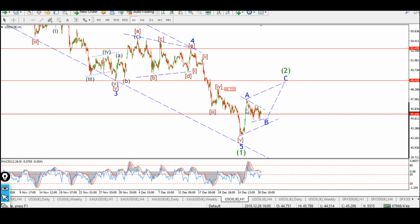So for now, we want to see 3 waves complete in wave 2. Over the next week or so, we'll probably see wave B complete and a move up into wave C. Likely hit the $50 mark again. We have the previous fourth wave high at 53, so that's another